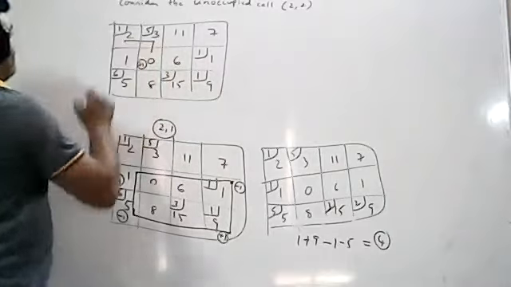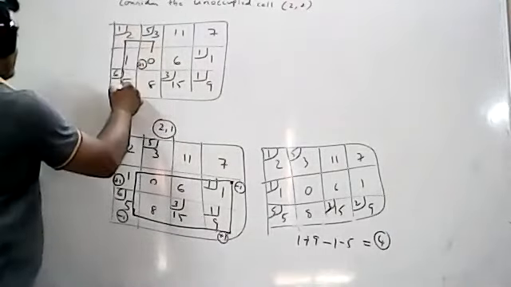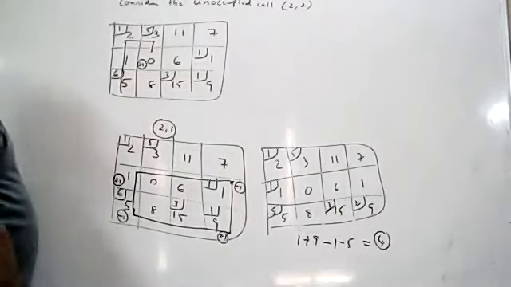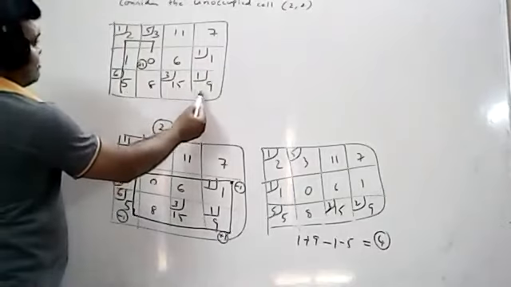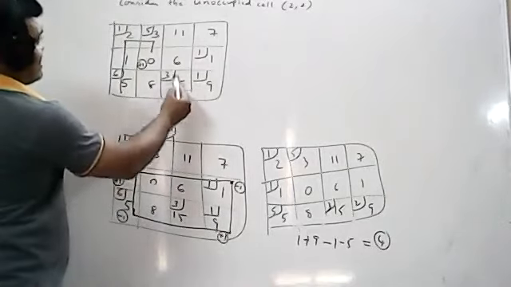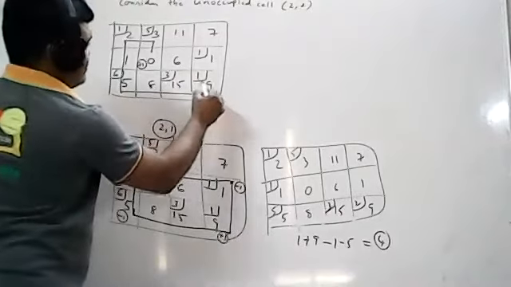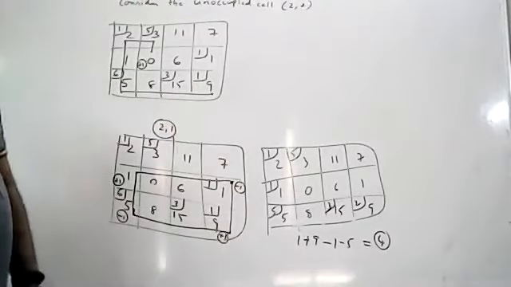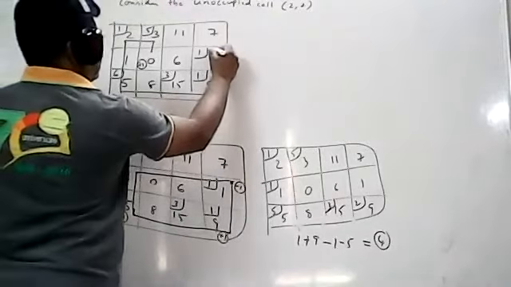So next one, this one. Okay, so next only one way. One way means directly I will move like this. Next occupied cell is this one. Next I can go like this. Only one way is there. You can choose this one or you can choose this one. But if I consider this one, I cannot go like this. So there is no alternative. So directly I will choose this one because in any row or any column only 2 corner points should be there. Next I will go like this.